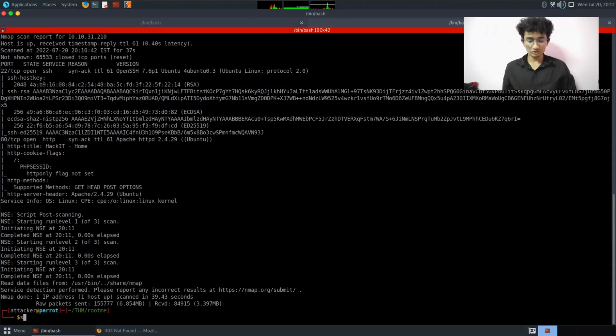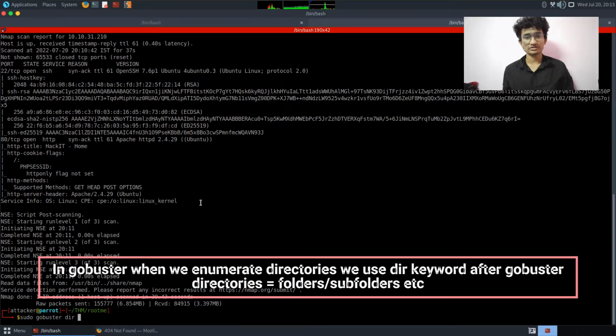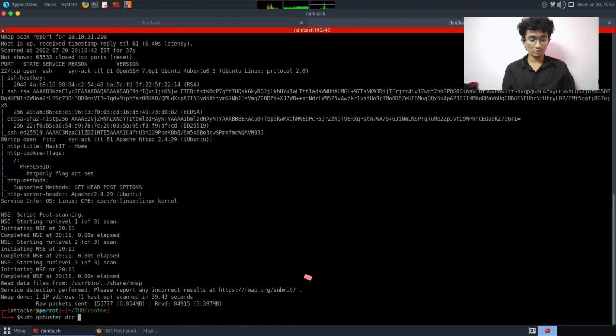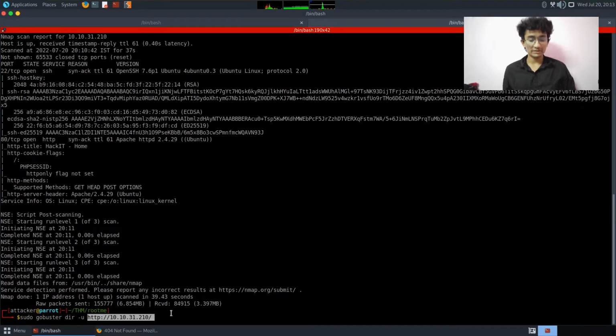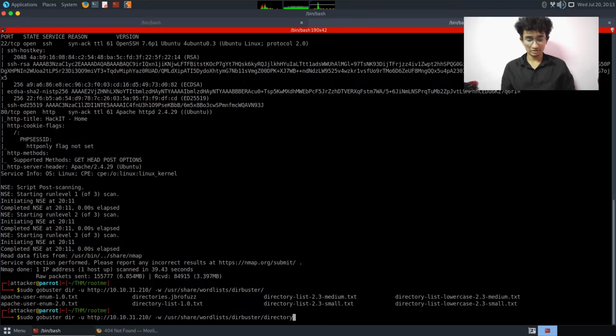So we'll use sudo gobuster in directory enumeration mode, since we are looking for directories or folders or subfolders. Here we will give a URL with HTTP and the IP. We will use a wordlist from usr share wordlists. You can use any of the wordlists. I'm using directory-list-2.3-medium.txt, and I'm giving threads of